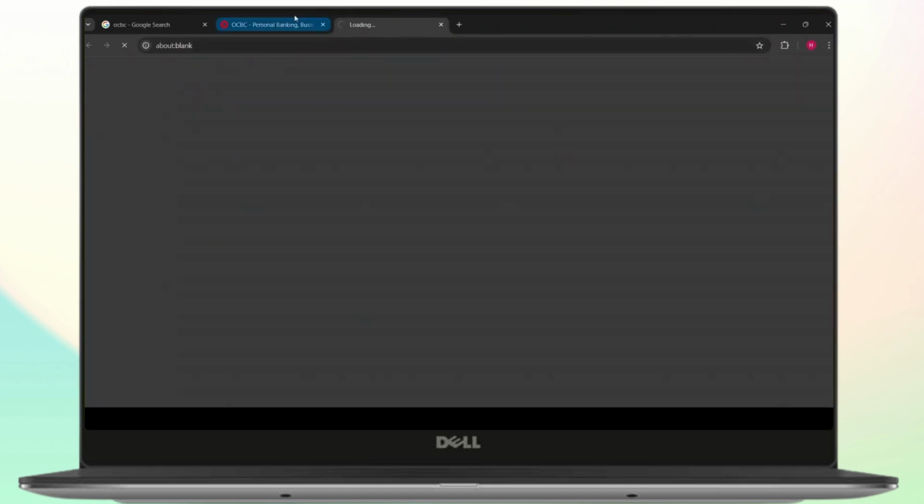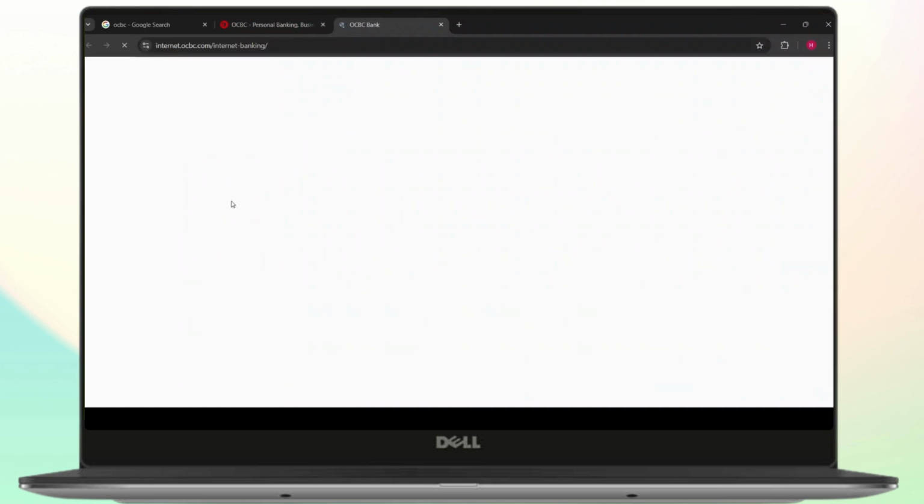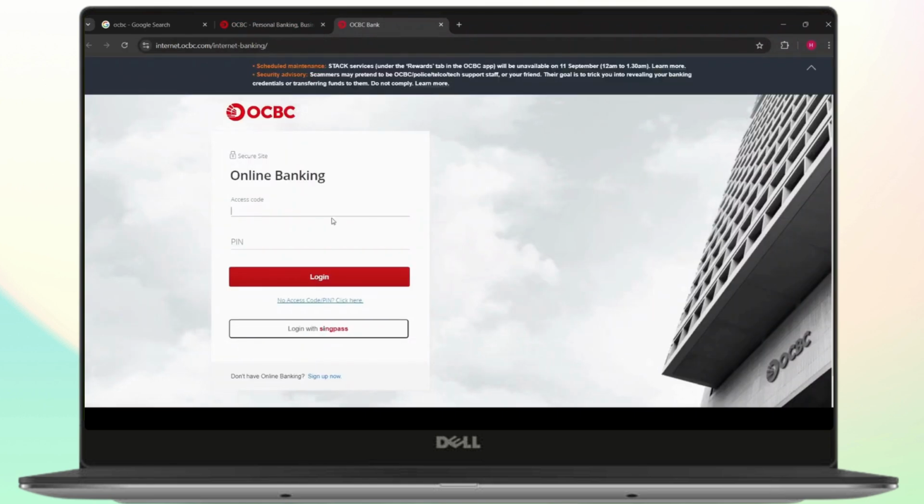Now, if you click this, it will take you to the login portal. So as you can see here, you have an option to enter your access code and your PIN. So you can enter your access code right here and then your PIN right here. Once you enter your access code and PIN, you can simply click on login and it will take you directly